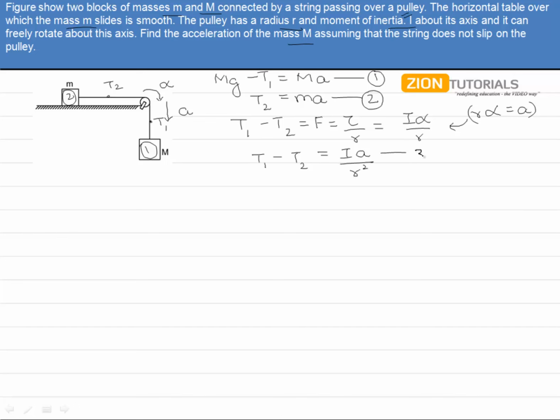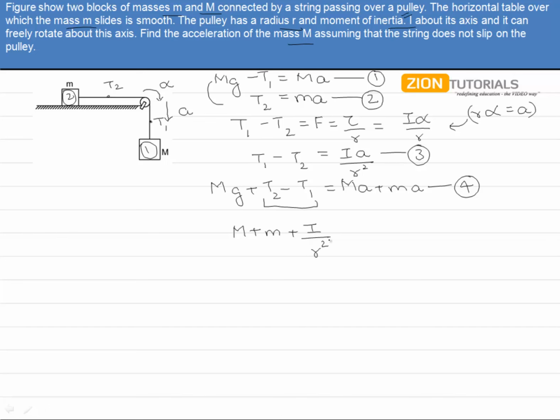Now marking it as equation number 3, let us proceed to the next, in which we need to add both the equations 1 and 2 so as to get Mg plus T2 minus T1 equals Ma plus ma, marking it as equation number 4. Let us now put the value of T2 minus T1 from equation number 3 into equation number 4, and so we will be getting it as m plus